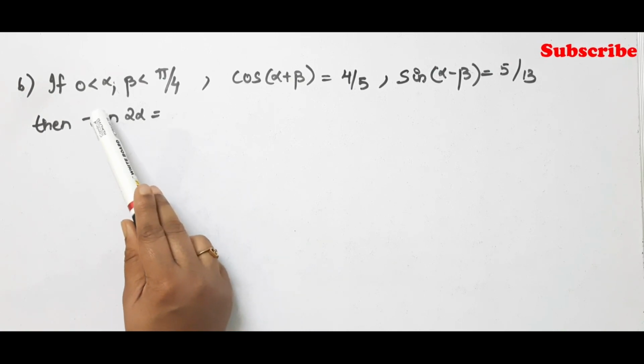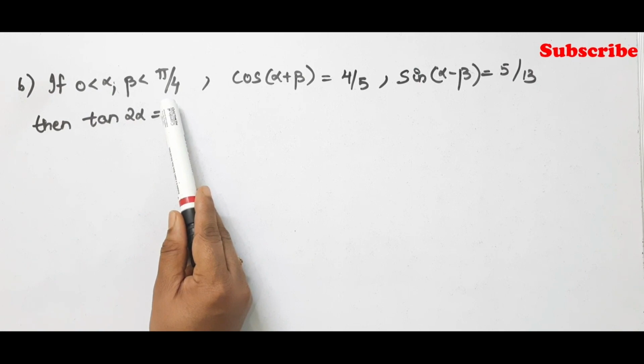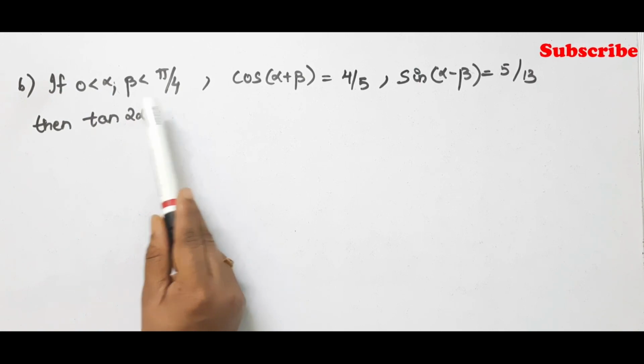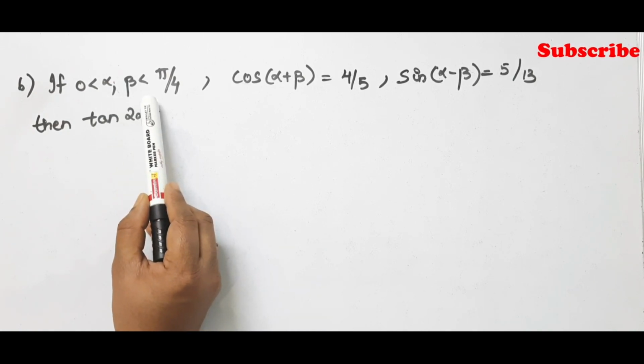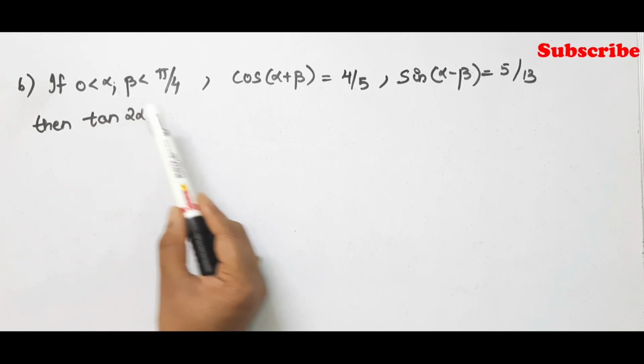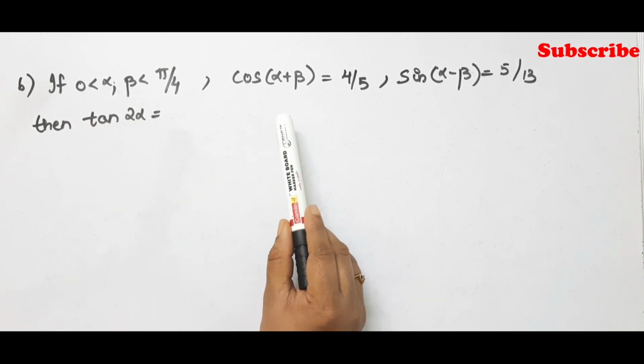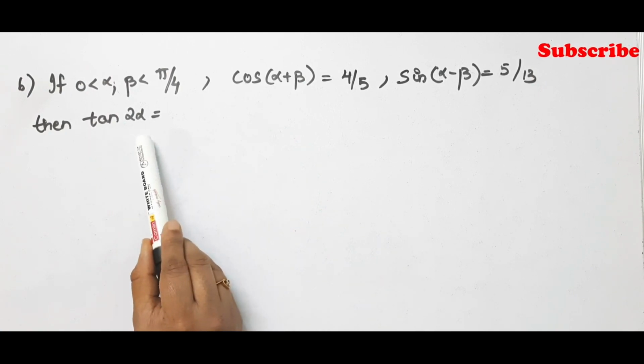They have given that 0 is less than alpha, beta, which is less than pi by 4. It means that this alpha and beta lie in the first quadrant. That is, angles between 0 and 90 will be in the first quadrant. So the angles alpha and beta will be in the first quadrant. That is what they have mentioned in this condition. Now using this, we have to calculate tan 2 alpha, we